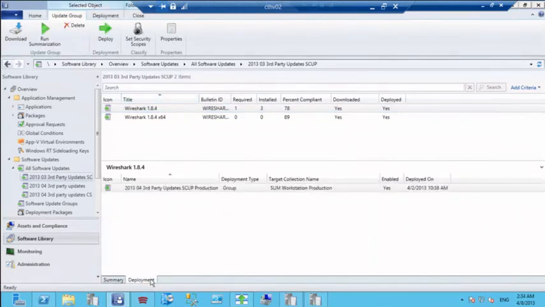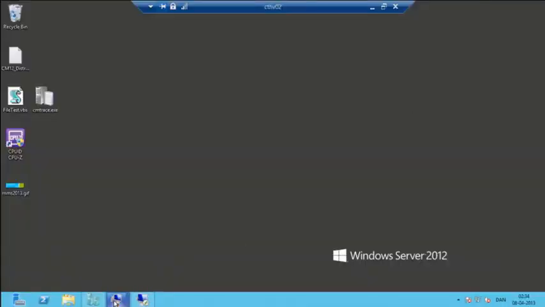I do not add these updates into my normal Patch Tuesday deployments because they require additional testing. Maybe they require a reboot, which I might not be doing in my Patch Tuesday deployment. So they really require additional attention in here. But I've created my software update group. I have deployed that. And if I go to one of my clients here,